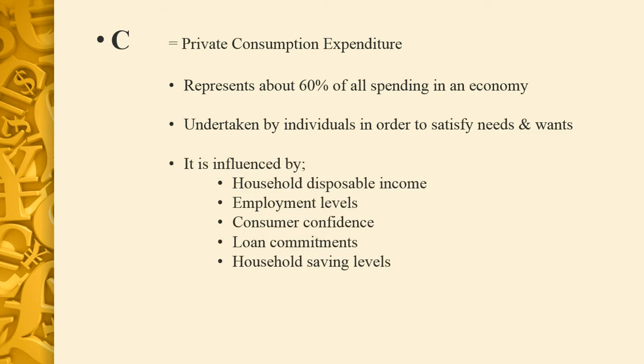There are many influences on the level of consumption spending, and it can come down to disposable income within a household. High socio-economic areas are going to have a high amount of money to spend. Conversely, low socio-economic areas are going to have a low amount of money to spend, and are going to spend more of their money on their needs rather than their wants. Employment levels matter too, whether you're employed full-time or part-time. In some families one parent is full-time and the other part-time, and sometimes both are full-time.